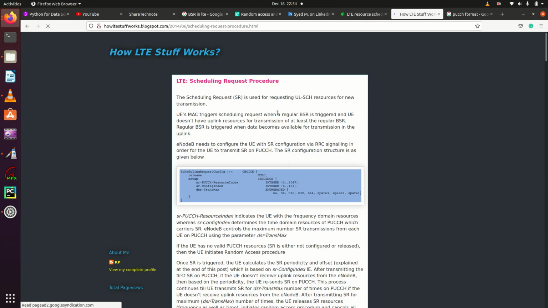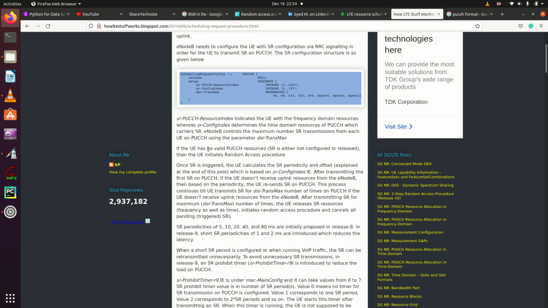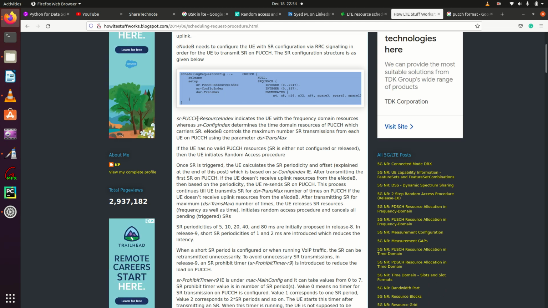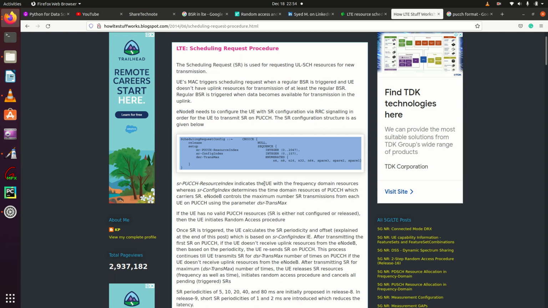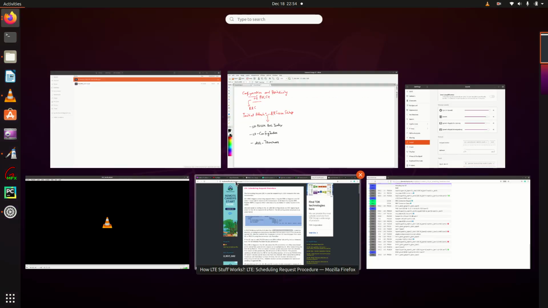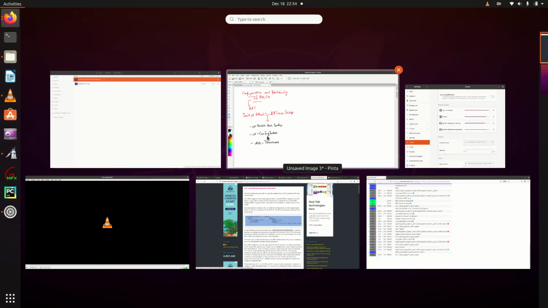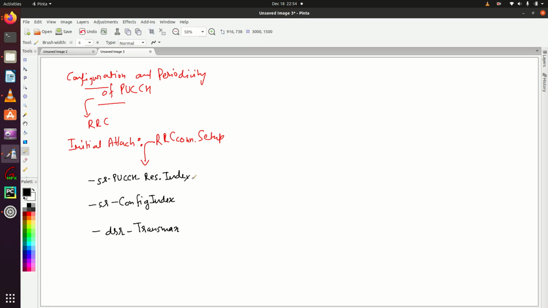SR PUCCH resource index indicates to the UE the frequency domain resources for PUCCH.